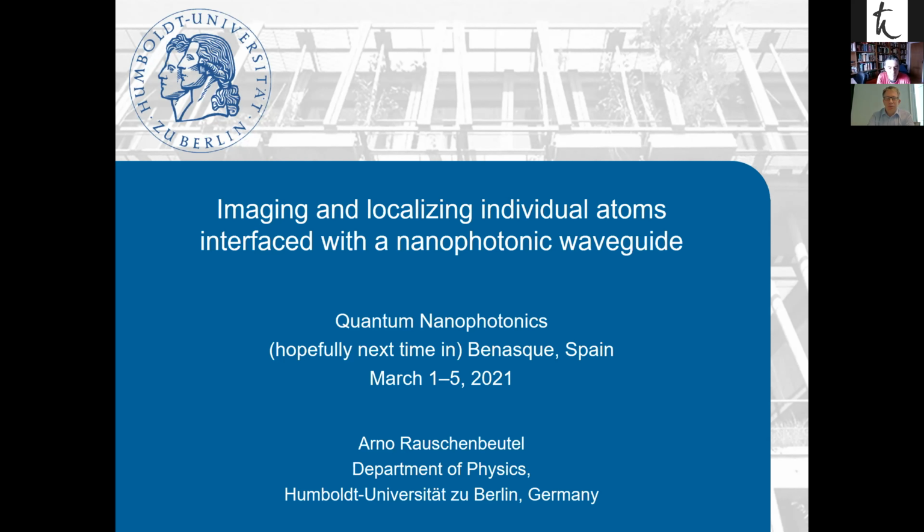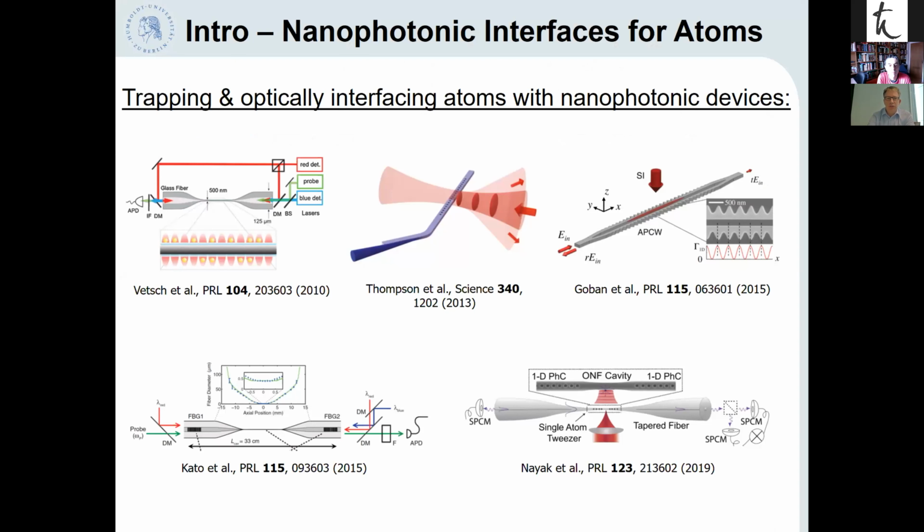So, as Luis said, I will be reporting on the imaging and localizing individual atoms which we trap near an optical nanofiber, and I would like to start by giving a short introduction because in recent years nanophotonic interfaces for cold atoms have been realized with various nanophotonic devices. It started out more than 10 years ago with our demonstration of trapping atoms near an optical nanofiber, but by now atoms have also been trapped and interfaced with one-dimensional photonic crystal cavities or one-dimensional photonic waveguides,